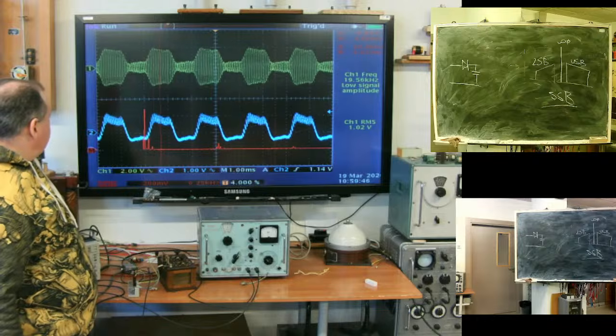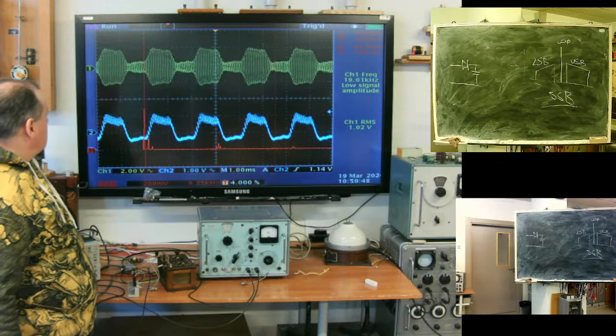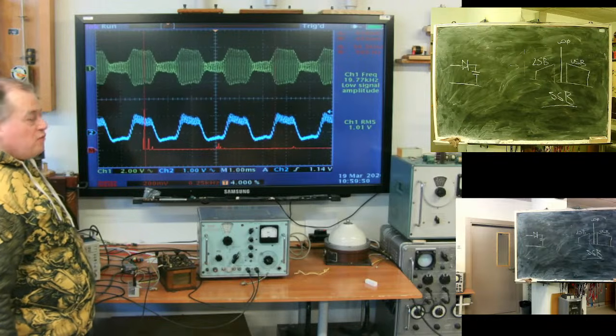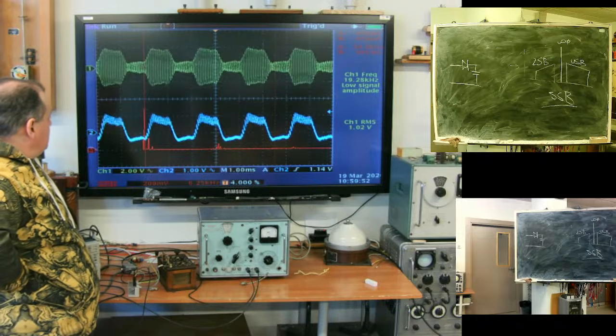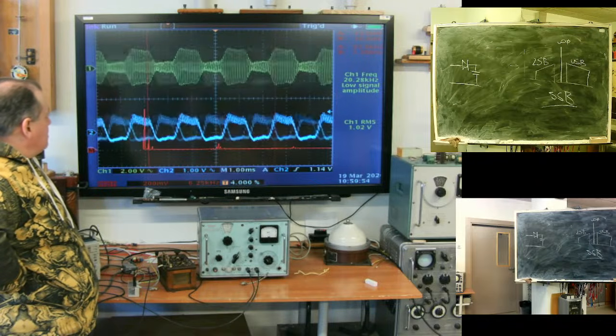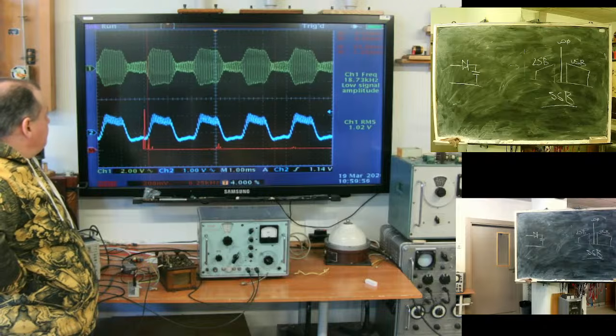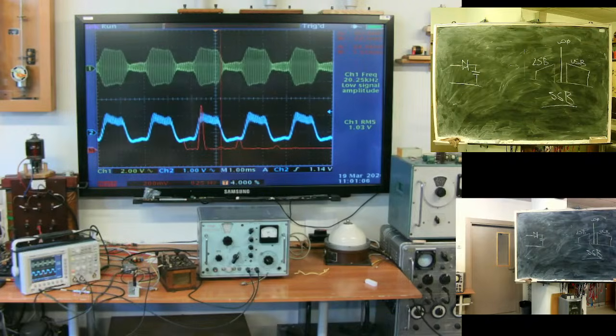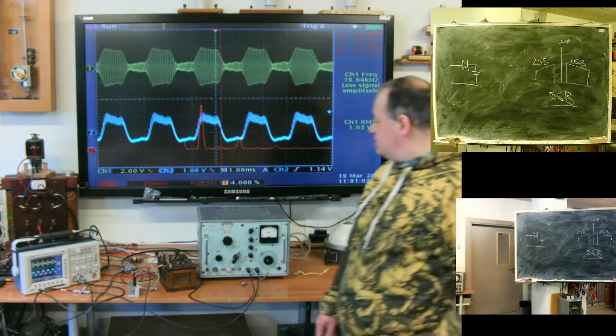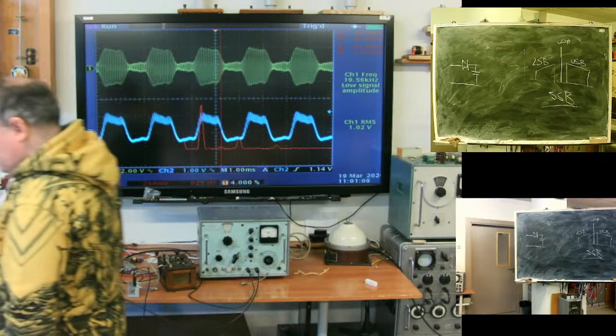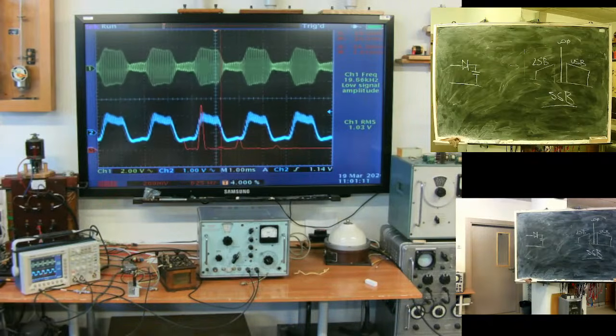Take a measure. 400 Hertz plus 1.5 kilohertz distortions. To avoid this distortion, a different technique of